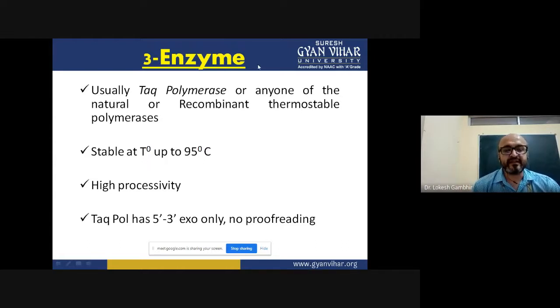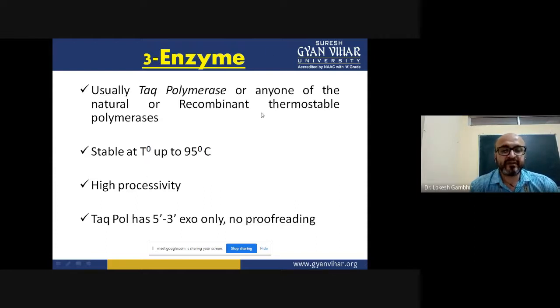Then when we are talking about the enzyme, this particular enzyme, Taq polymerase, is isolated from Thermus aquaticus. These days we obviously use recombinant thermostable polymerases, or we go for Pfu polymerase or Vent polymerase in the reaction. So there are different enzymes today that are thermostable, which have been shown to be very proficient, very efficient compared to Taq polymerase, highly efficient in carrying out the amplification. Although we are talking about Taq polymerase in this particular lecture because it forms a basis and it's the most common enzyme used in PCR.